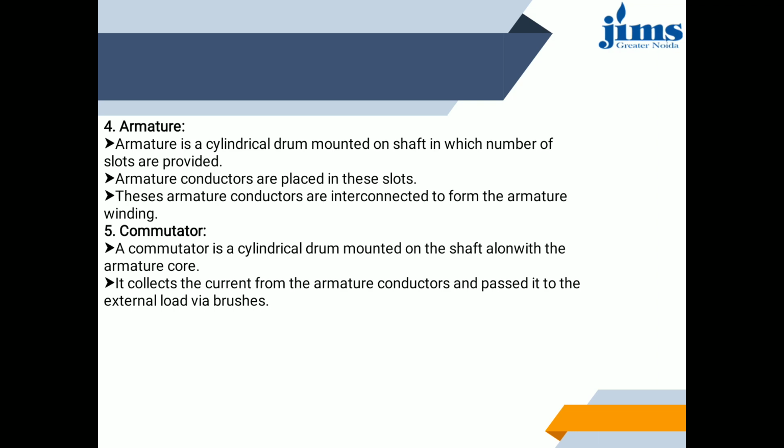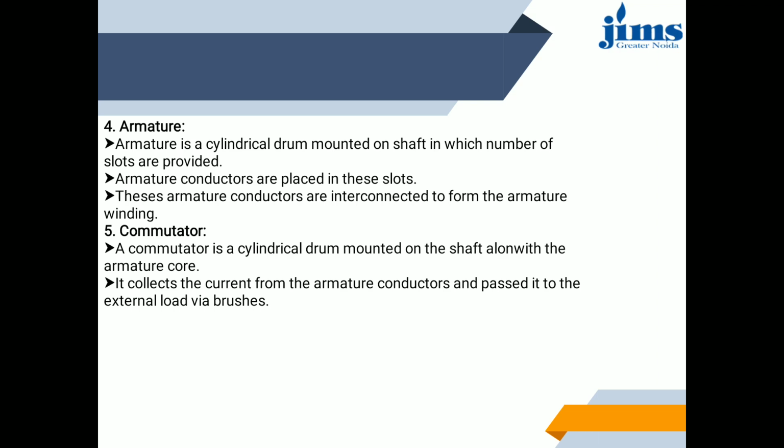The use of high grade steel is made to keep hysteresis loss low, which is due to the cyclic change of magnetization caused by rotation of the core in the magnetic field. To reduce the eddy current in the core, which is induced by the rotation of the core in the magnetic field, stamping or lamination is used, so the path of the eddy current is cut into several units. The laminations must be in such a direction that they are perpendicular to the path of eddy currents and parallel to the flux. Each lamination is about 0.3 to 0.6 mm thick.